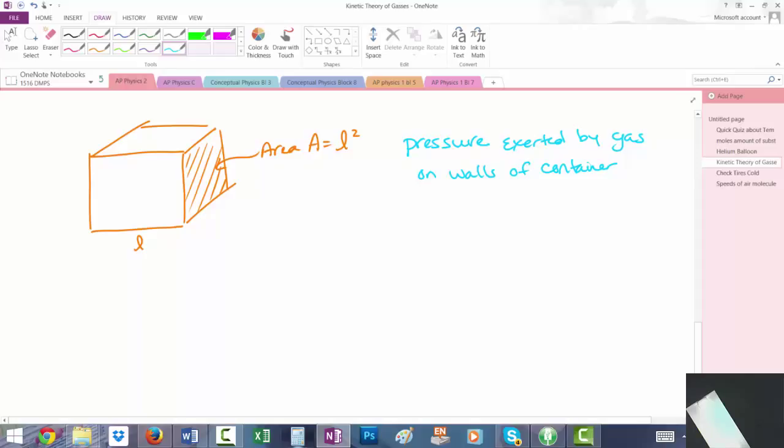Is it exactly the same? No. It's going to change, right? Does that make sense? It's going this way, it's going to go this way, because it's not going to tunnel through. We're not going to do quantum stuff, right? So when that molecule